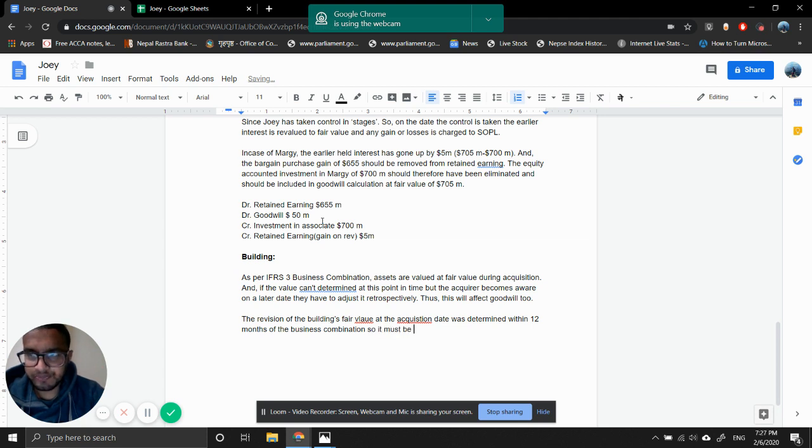So it must be adjusted to the acquisition date. This will reduce the amount of plant and equipment in the consolidated statement of financial position,